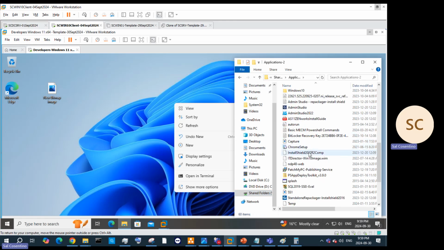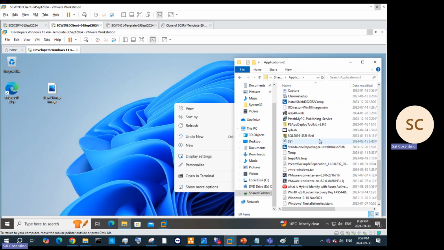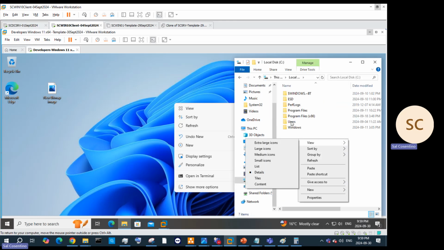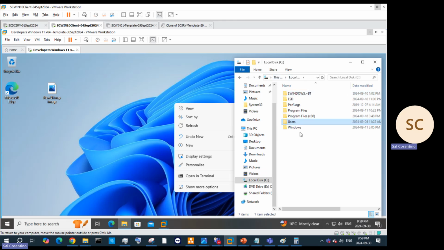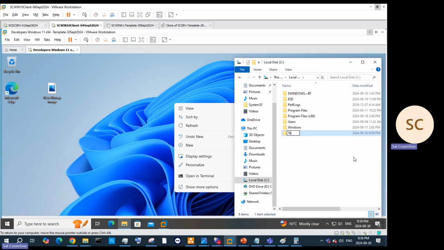Okay, now just copy this to the C drive. All right, so I'll just copy it to a temp folder. I'll create the temp folder within this machine and I'll copy to the desktop. So new folder, and this will be our temp folder, right? And we'll install all the applications there. So the applications that I want, again, are,